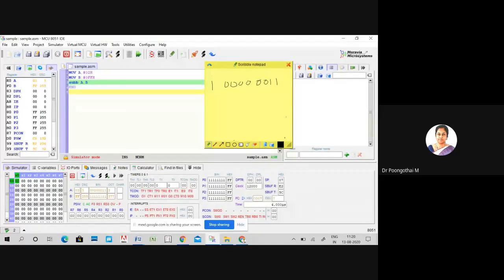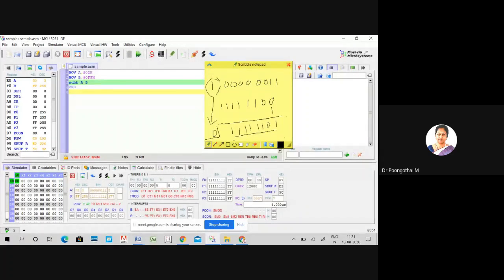So first you need to take 1's complement, 1 1 1 1 1 1 0 0, okay? And add 1 to the LSB, giving 1 1 1 1 1 1 0 1. And converting 2's complement form to true form, you complement this carry to 0.